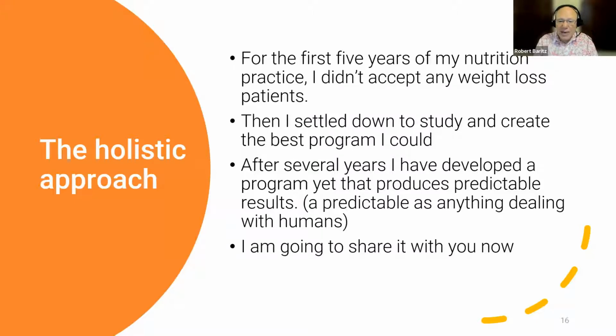Well, after about 5 years and constant bombardment by people wanting to be helped with it, I settled down to say, well, what can I do to create a program that will produce predictable results? Obviously as predictable as anything dealing with humans. But what can I do where my patient is going to have an 80% chance of coming out of this better than they came in? With most weight loss programs, their chances are much less than 80% for coming out happy once you take a look at the 12-month